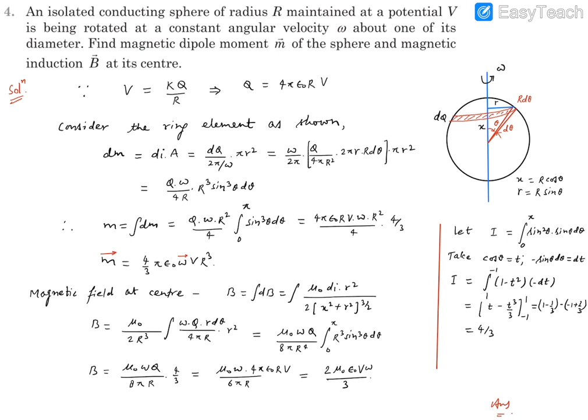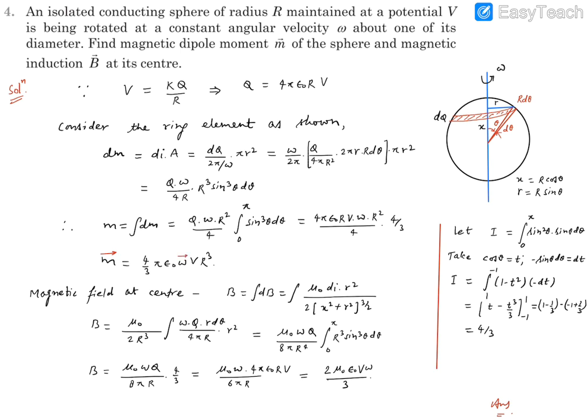Further, it is asking to calculate the magnetic induction at the center. So now we need to calculate the magnetic field at the center point. Again, the same element will work. Due to the same element, we would like to have a magnetic field at this location. You will find the magnetic field is going to be toward the center because the current is going to be like this. And this dB is because of the ring. Then we can integrate for these dBs. So let's do that as well.